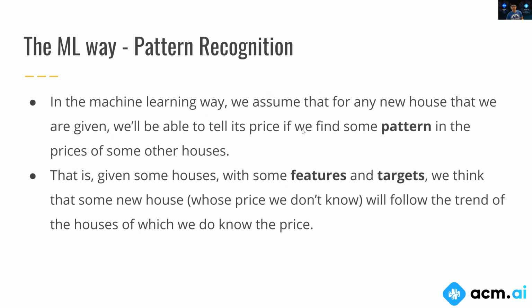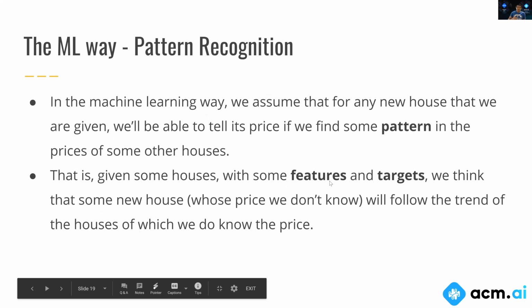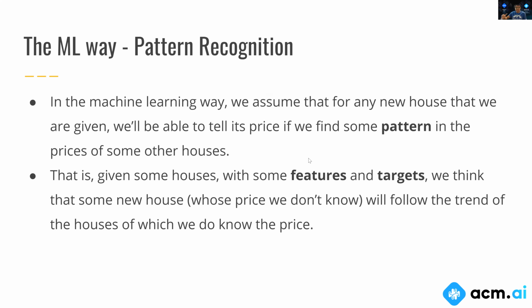So machine learning, again, if you remember how we defined what exactly AI was, it's artificial intelligence. We are trying to simulate how humans think, and humans love to think in patterns. We notice patterns, and we try to figure out patterns between all the things that we experience, and make our predictions based on that. That's essentially what we're trying to do here as well.